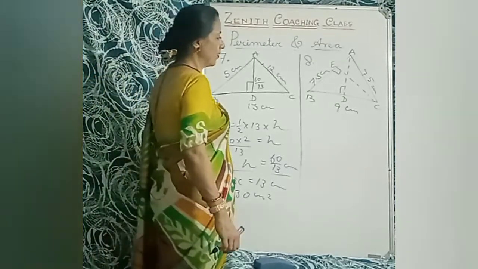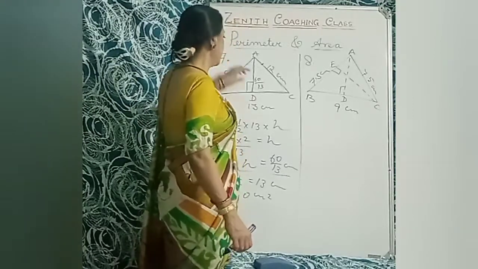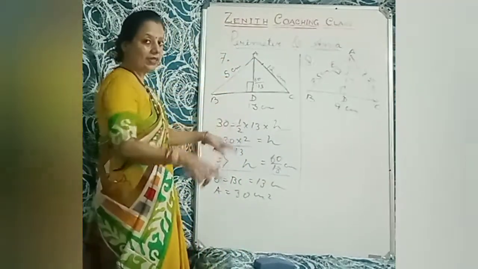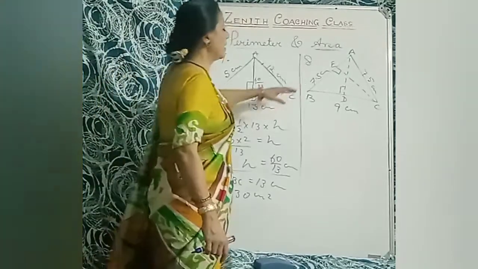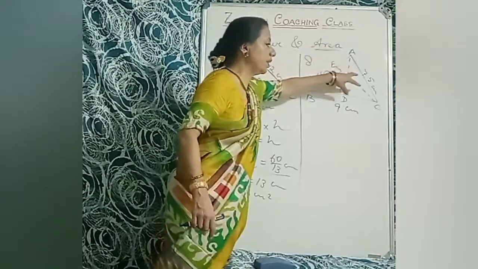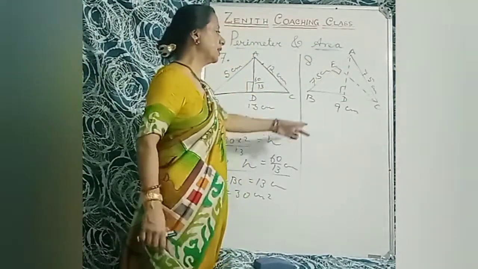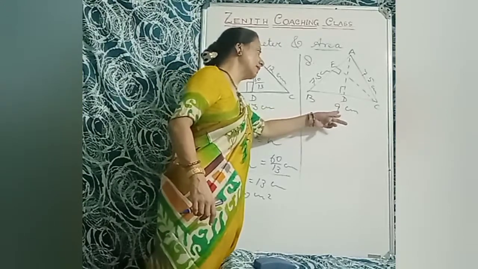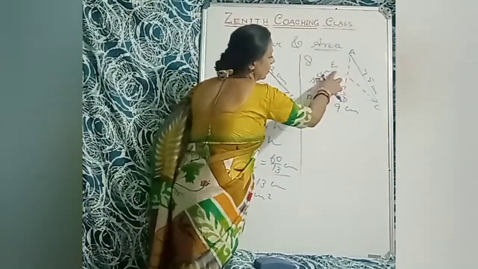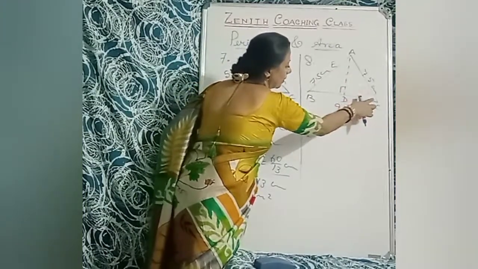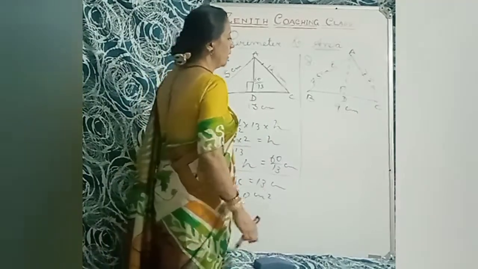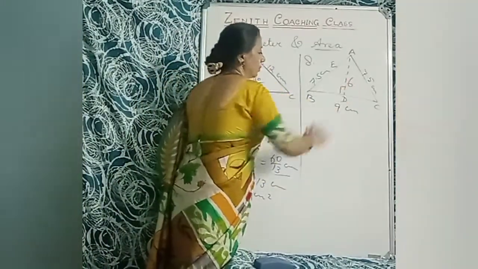So here is another triangle. Triangle ABC was a scalene triangle, 5 centimeter, 12 centimeter, 13 centimeters. All the sides were unequal. But here is an isosceles triangle. That is AB equals 7.5 centimeter, AC equals 7.5 centimeter, and base BC, the non-equal side, is 9 centimeter. Forget about CE. Just concentrate on AD. So AD is here 6 centimeter.